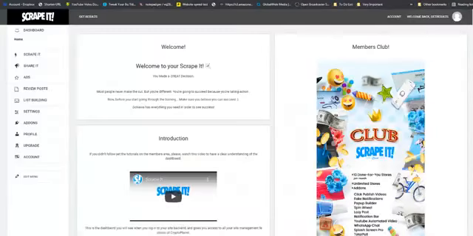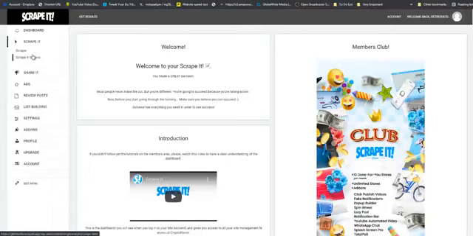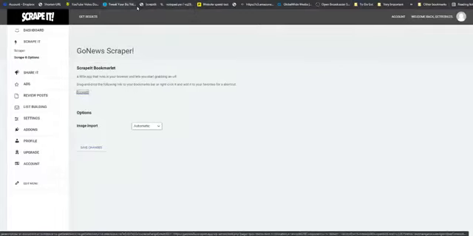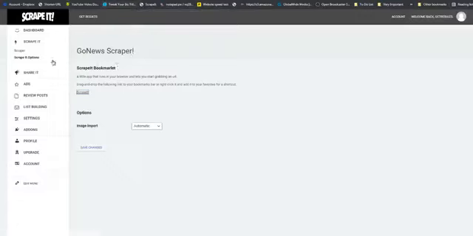So back in the dashboard of ScrapeIt, the first thing I want you to do is to click on ScrapeIt right here. Go to ScrapeIt options, and then just take this little bookmarklet right here, grab it and drop it in your bookmarks bar there. Next thing I want you to do